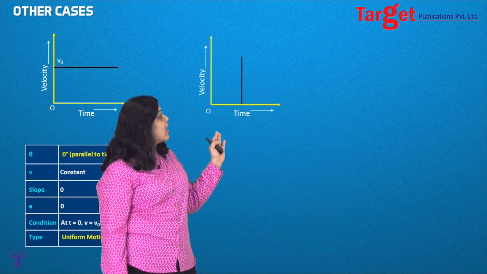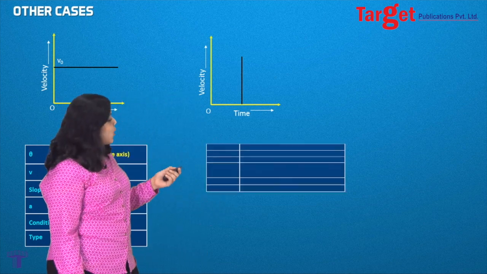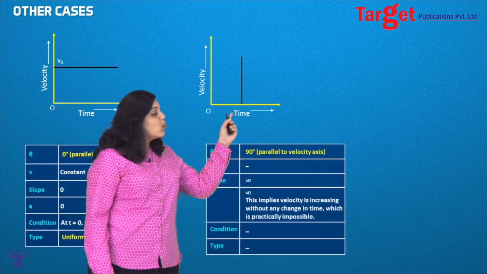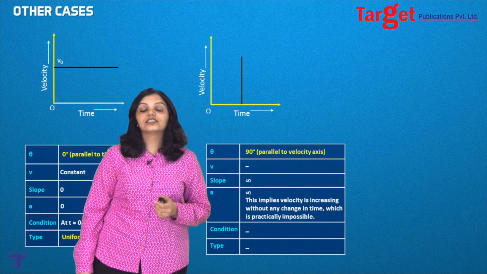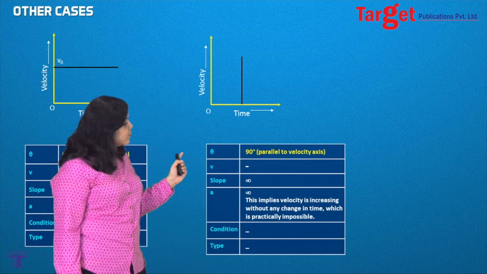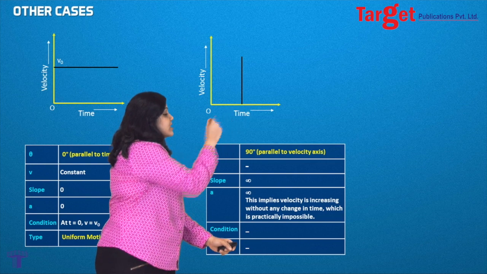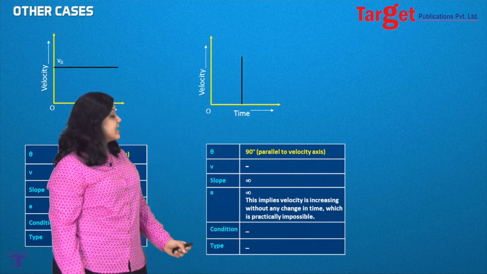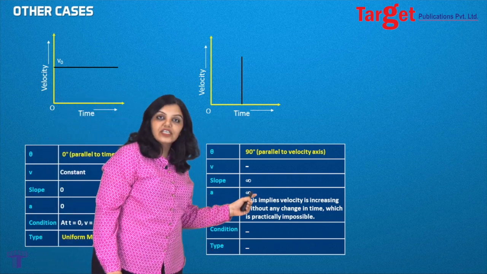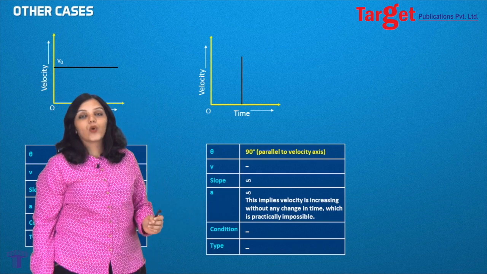Let's take a look at this graph. Here we have the graph parallel to the y-axis. Let's see what happens. We know when we have a graph parallel to the y-axis, the slope is infinity. And therefore, the angle it's making is 90. As you can see, the angle it makes with the x-axis is 90. The slope is infinity. But what is the problem with the slope being infinity?